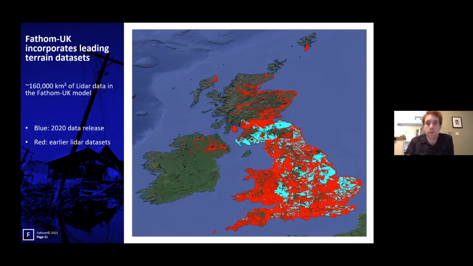One important thing to emphasize is that LiDAR is something that's continuously being released as more and more data becomes available. This is an example showing the area of LiDAR that's become available over recent years. The red data shows LiDAR available up to a couple of years ago, while the blue data is the additional data that was released up to 2020. This is really important because there's quite a lot of new data that's become available, and the incorporation of this new LiDAR data results in significantly more accurate estimations of flood risk.